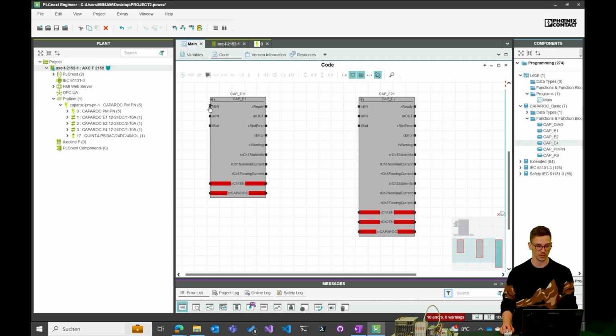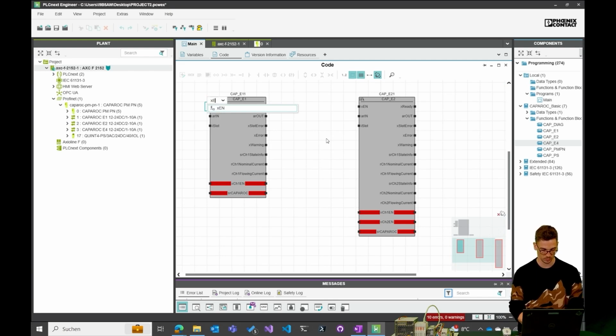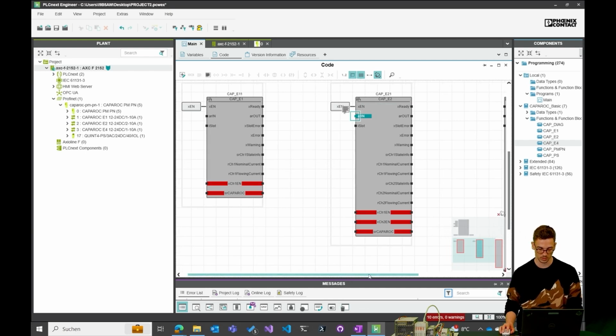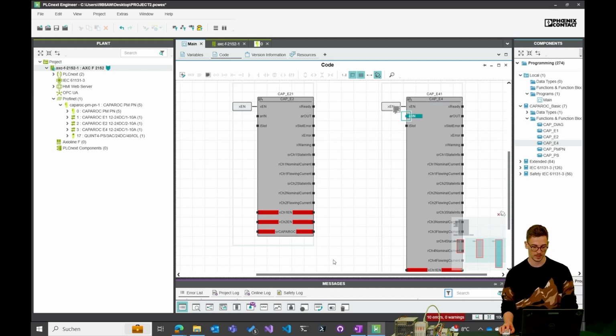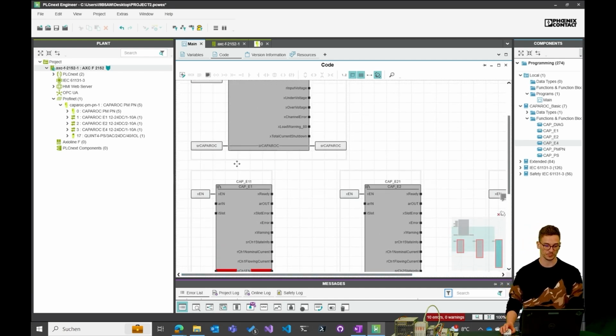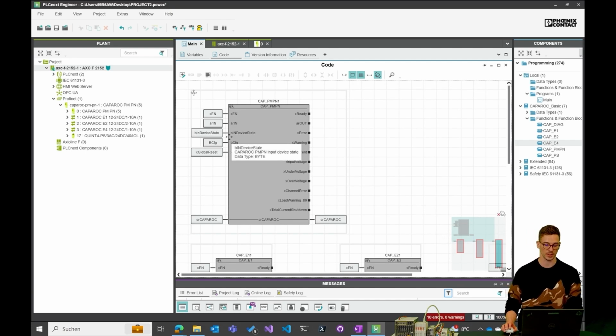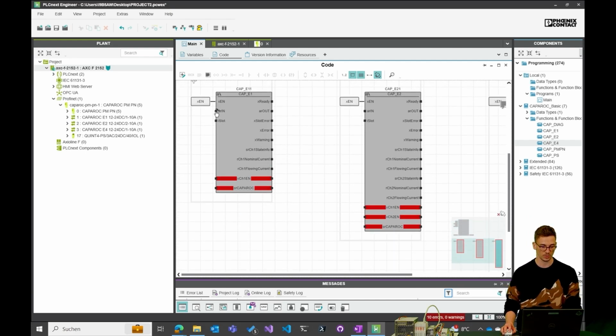So this is why we split it up into different function blocks here. Here we can also use, to make it easier, the same enable for all the function blocks, and then we are doing the same as for the PMPN function block. We are using the AR in, I'm calling it E1 here, as the input data byte.